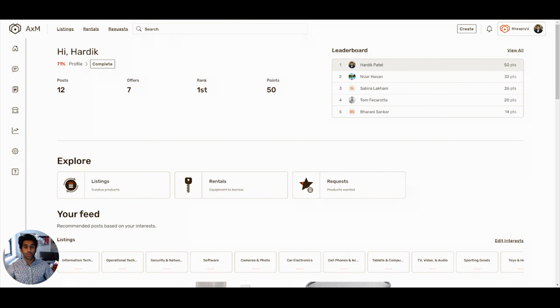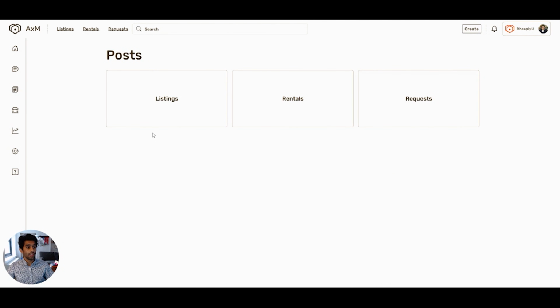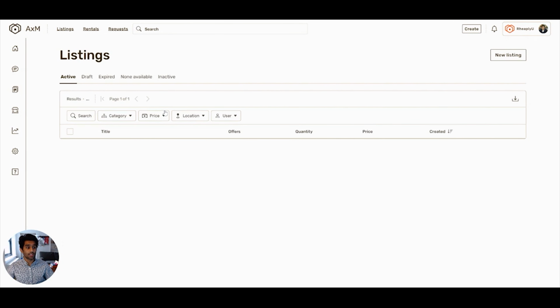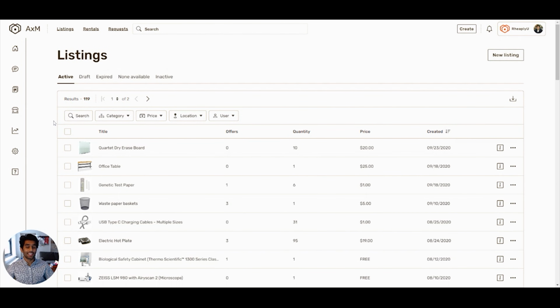To manage posts as an admin, I can go to the action bar on the left and click on Post. If I'm a standard user, this will be located in the drop-down menu up at the top right. Once I click on Post, I then need to select a post type: listing, rentals, or request. For example, if I want to manage my listings, I can click on Listings, and then as an admin, I